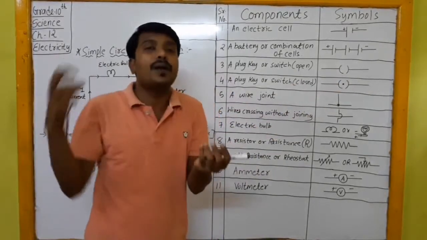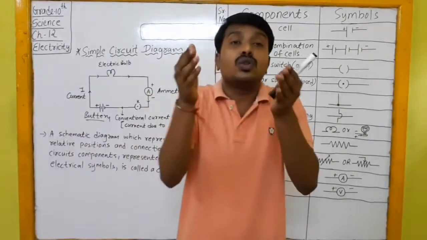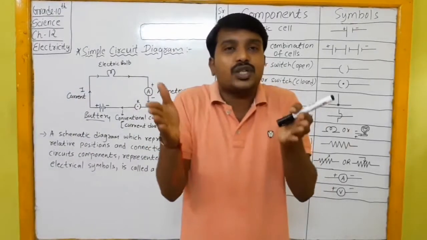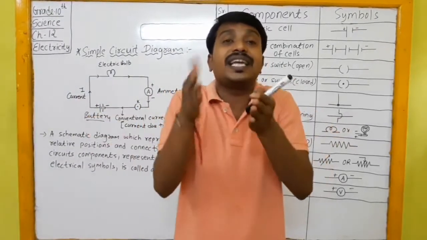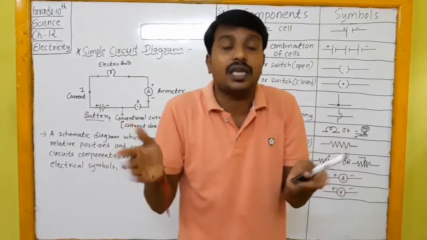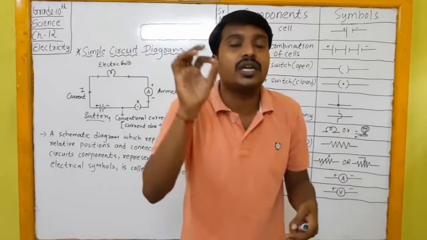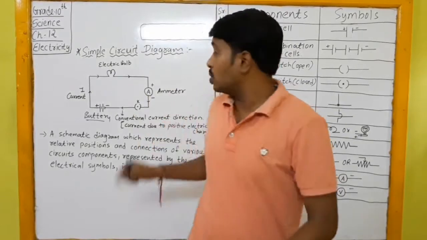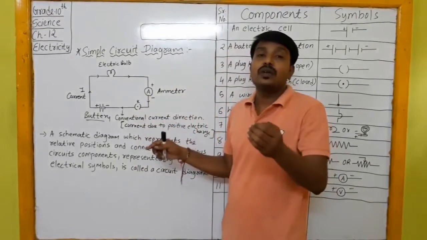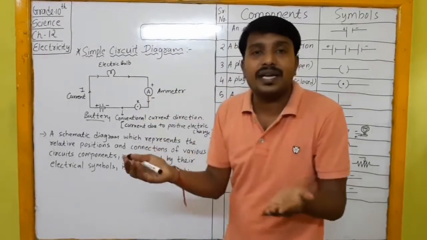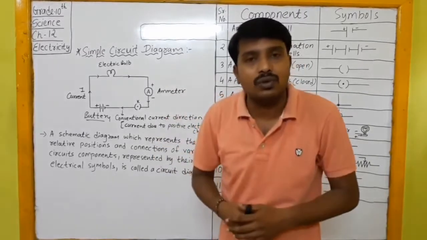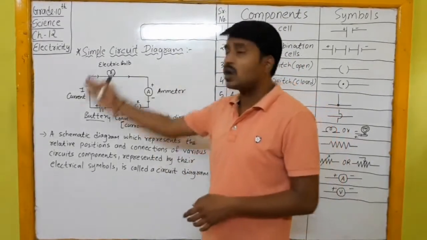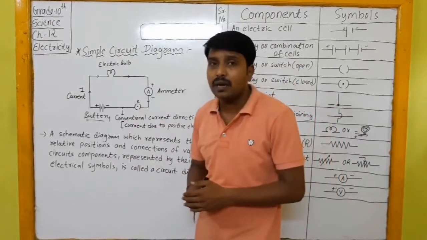That means your key is open, and when the key is open, the wire connections of the circuit are broken, meaning the circuit becomes incomplete, disconnected. In that situation your electric current is not going to flow through the circuit. Okay, so this is the key through which, by connecting or disconnecting, we can make the electric current flow through the circuit. So this is all about the simple circuit diagram, dear students.